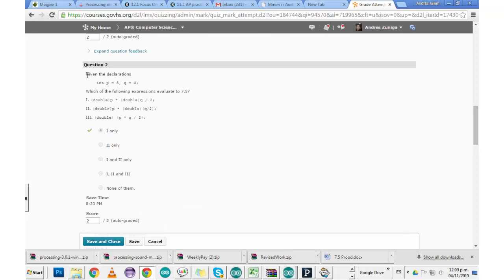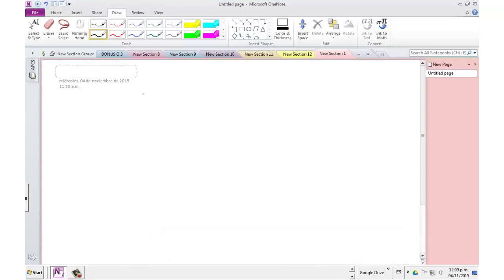For question number 2, it says, given the declarations p = 5 and q = 3. Now, both of these are integer numbers, okay? It is very important that you understand this. And every time that you operate or add or divide or multiply integer numbers, the result will be an integer number, okay? So it will truncate whatever decimal place it is. With that said, in option number 1, you have double p, okay? So let's try to look at this a little bit closer, okay? You have double p,